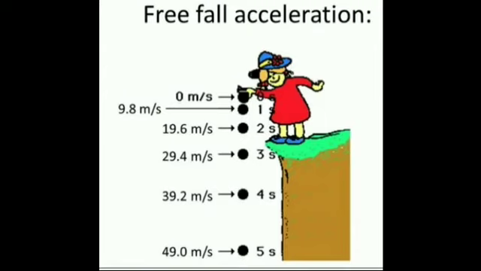Suppose the particle starts from rest. Rest means no movement. Here u is equal to 0. So the velocity v and the position of the particle at any time t: v is equal to gt, y is equal to half gt squared, v squared is equal to 2gy. That's all.